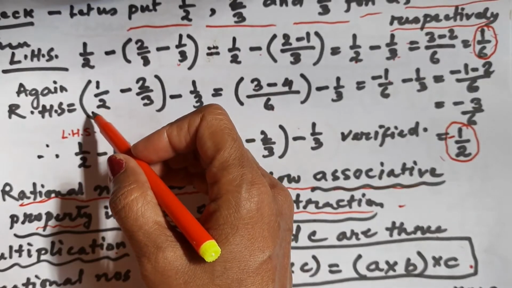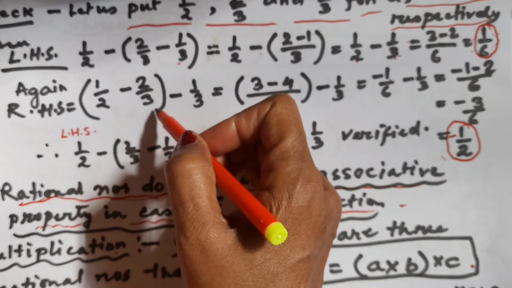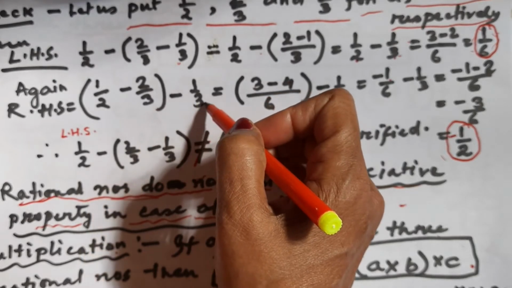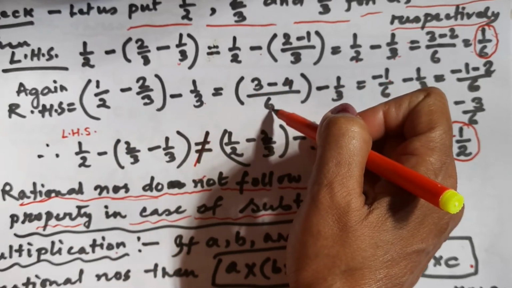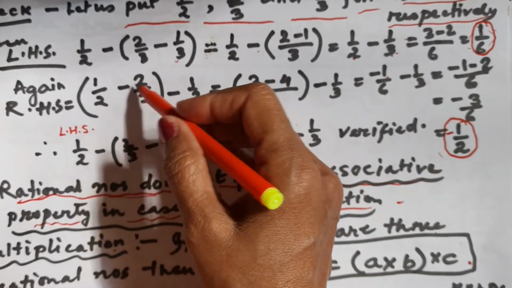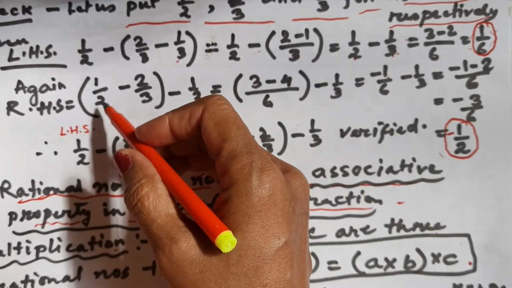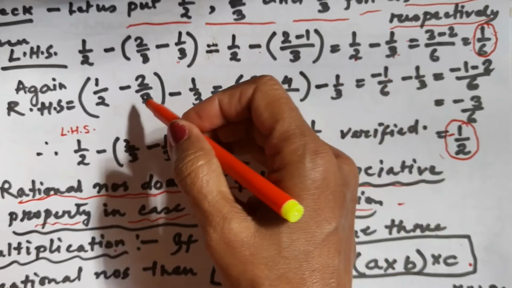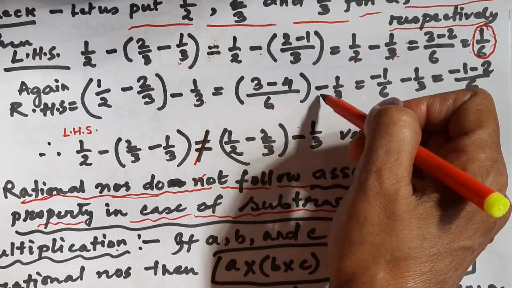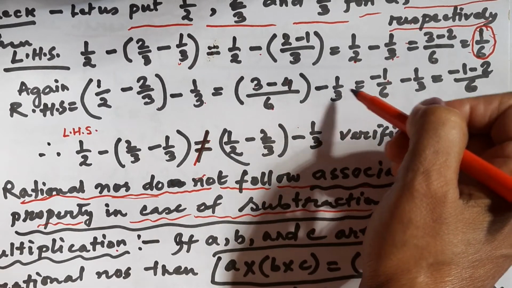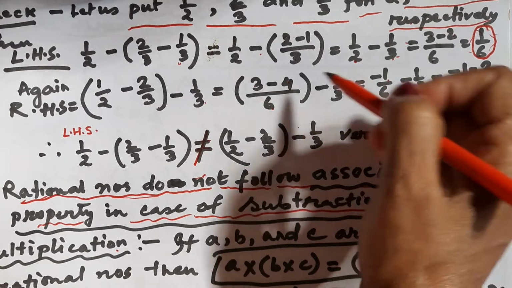Again RHS equal to (A minus B) minus C, that is 1/2 minus 2/3 minus 1/3. It will be equal to, first we shall do the work in the bracket. So LCM is 6, and 2 goes to 6 3 times, so 3 1s are 3, and 3 goes to 6 2 times, so 2 2s are 4, minus 1/3. It will be equal to 3 minus 4 is minus 1 divided by 6,